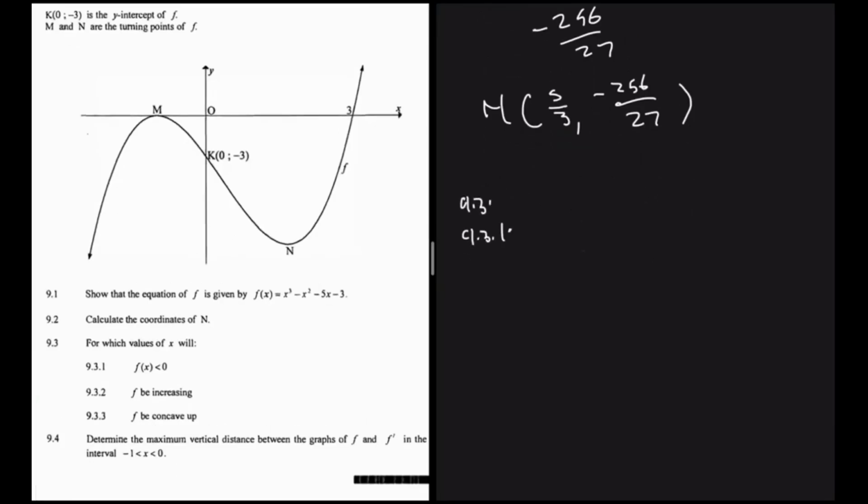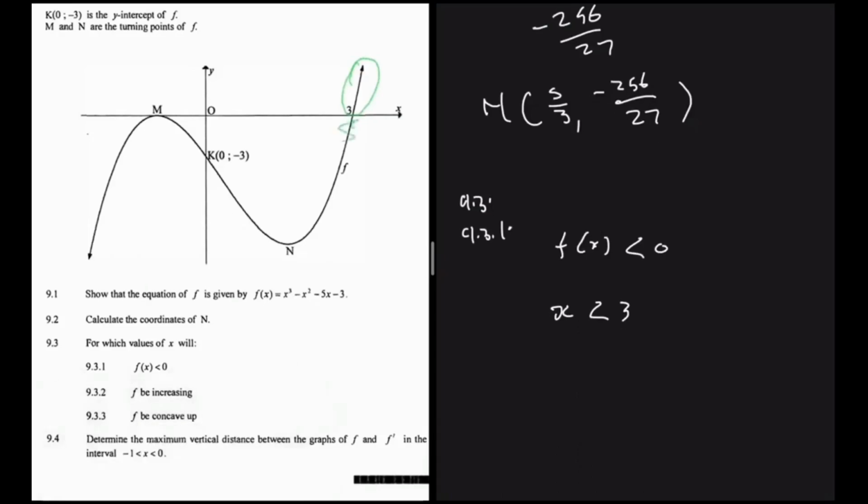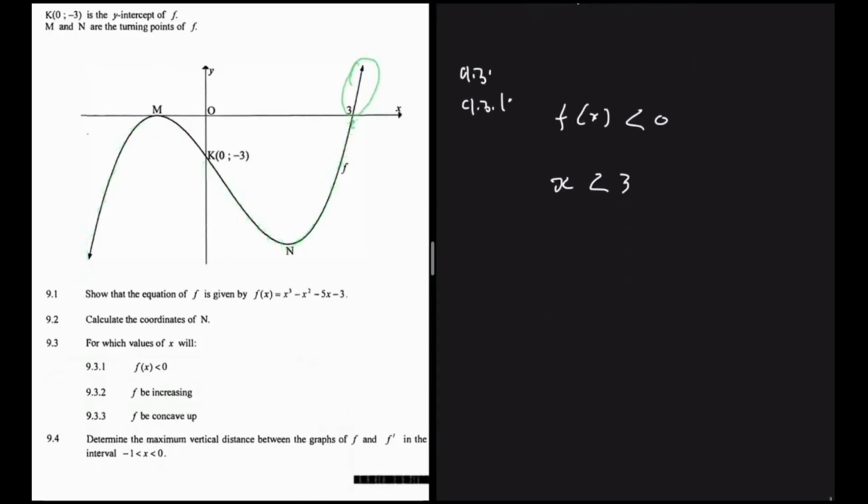9.3.1: for which values of x will f of x be less than 0? Okay, we can see that f of x will be greater than 0 when x is greater than 3. So that tells us that when x is less than 3, f of x will always be less than 0, right? Because look, it's just clear to see. When x is less than 3, it's less than 0, and so on. And then